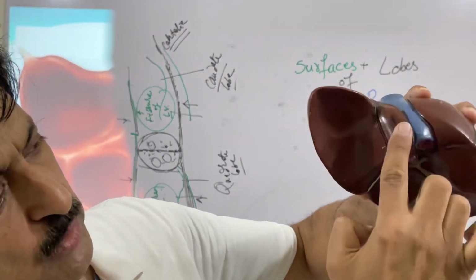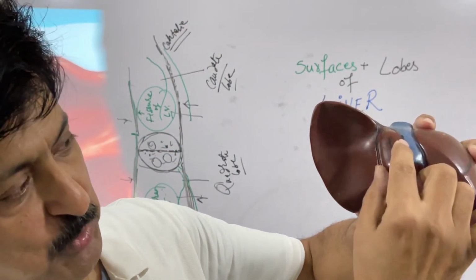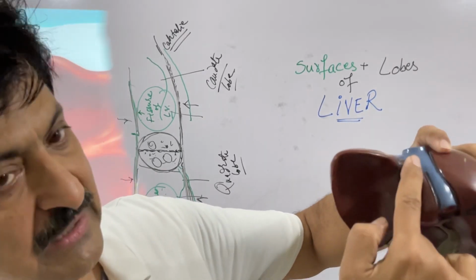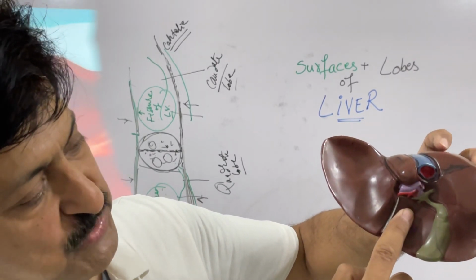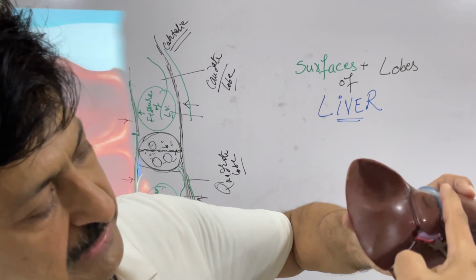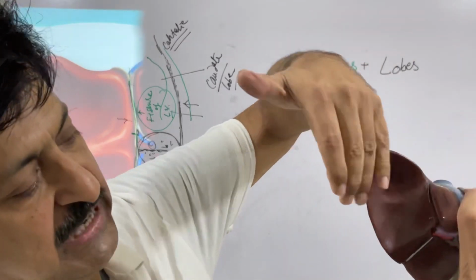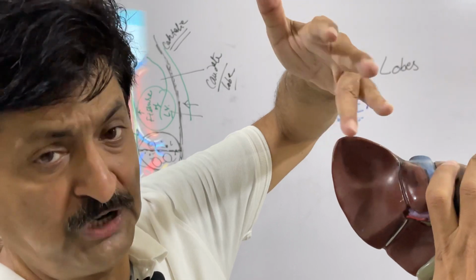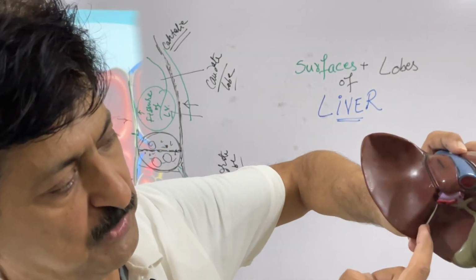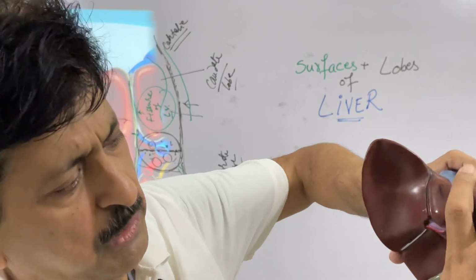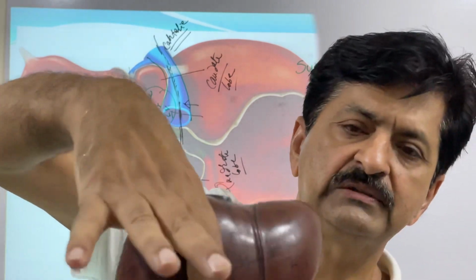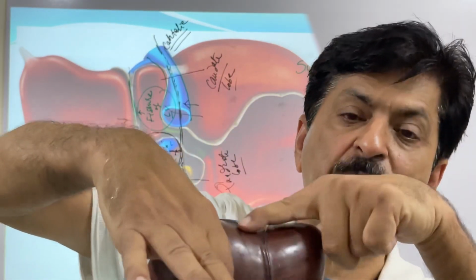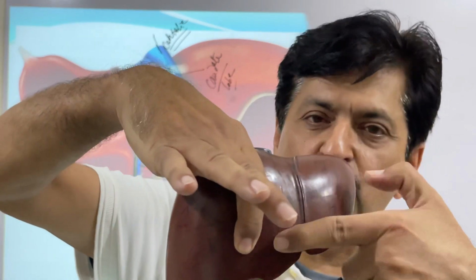See, now you can watch it here. This is the tail-like process which it has. This is called the caudate lobe, and this one is called the quadrate lobe. And who is dividing them? This is Cantlie's line you can draw here. They have been given to the left lobe functionally, not anatomically. The same line you can mark here also, because it will be almost here. So what will be above? Above will be the caudate lobe and below will be the quadrate lobe.